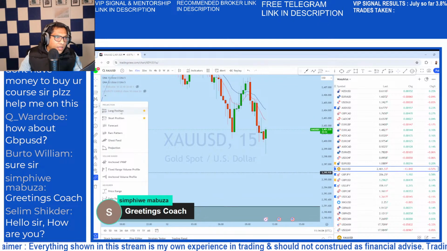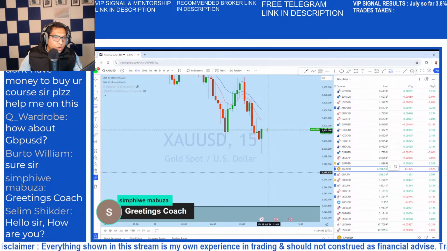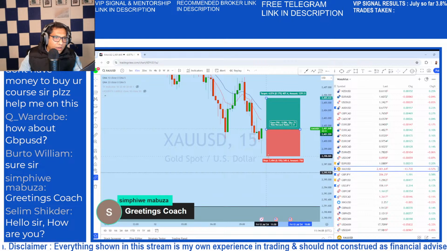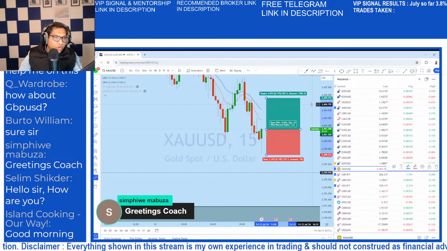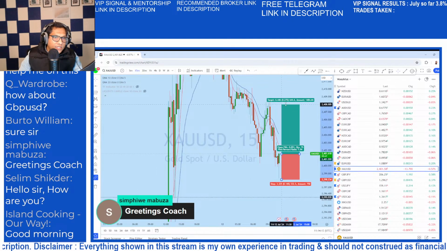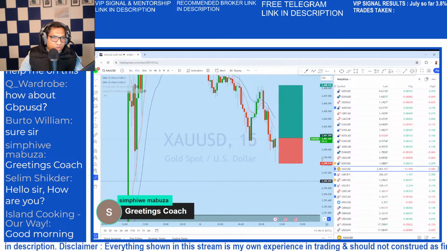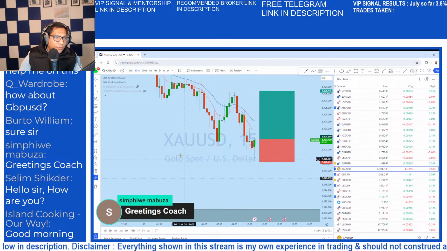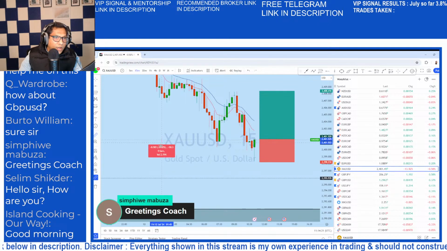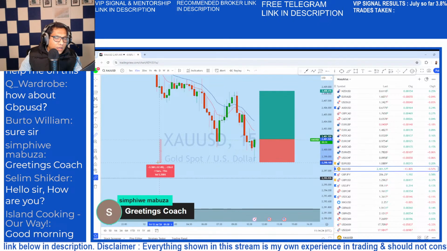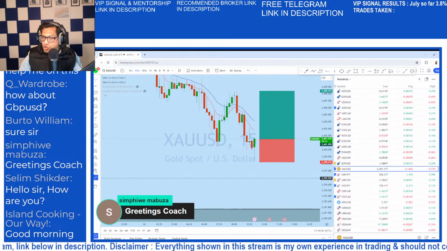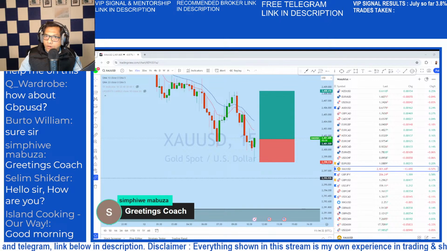With the opening of the session, I would like to open a buy on gold. Stop loss below this low. We'll be targeting 2 to 1 here. Make sure, traders, you do proper risk management. It's a bit of a risky entry, but I would like to enter buy on gold with a 34 pip stop loss on that. I'll be explaining the strategy later.